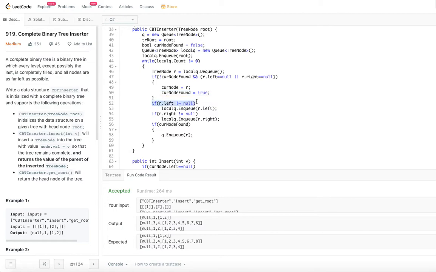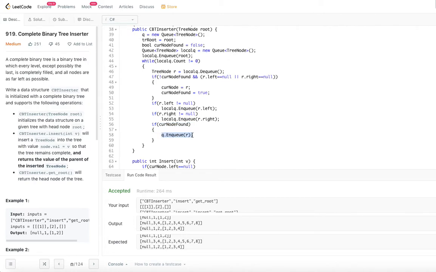And if the node has a left or a right, we are going to put that back into the queue. And once the current node is found, we maintain yet another queue.